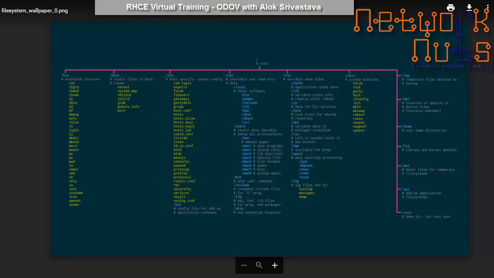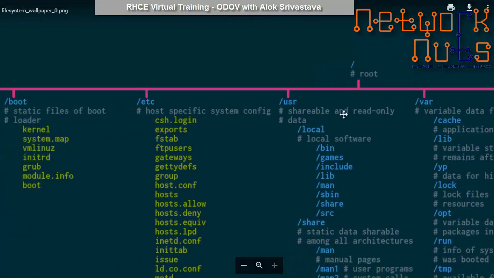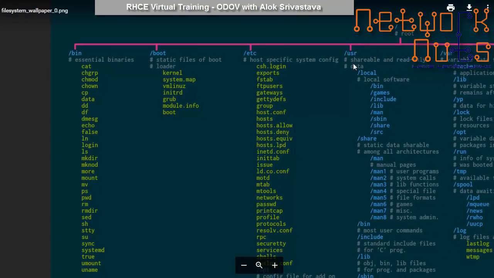The number one thing that you should remember is that everything in Linux is a file. Linux stores everything as files, and they're plain text files. And Linux is space sensitive and case sensitive. The file system, the picture that you're seeing here, is a kind of upside down tree. You see the root is at the top. These are some of the important directories that you should understand before we proceed further. So the root is the topmost one,